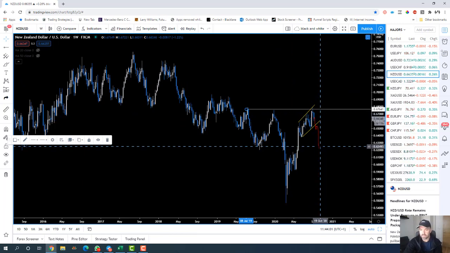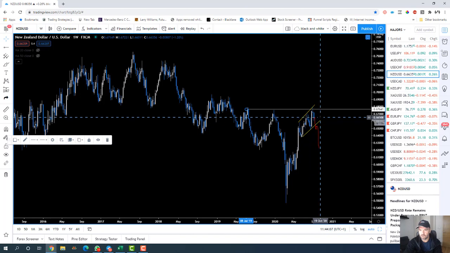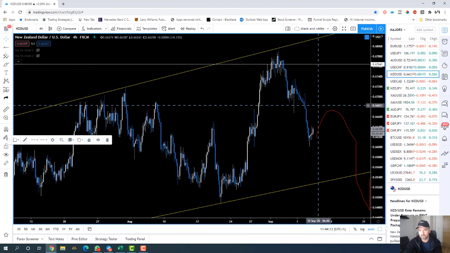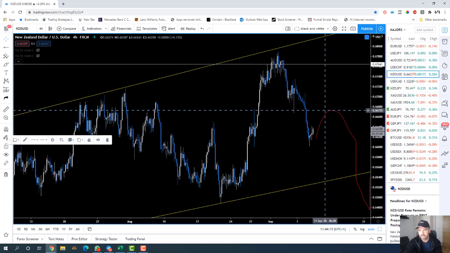And then obviously the next call will be dependent on what the markets are doing. This is why it's really important to understand correlations. So we are expecting further downside on Kiwi and Kiwi yen, but now it's a matter of, right, let's see if we can get our pullback into structure, and then we'll use our set of rules to trade with that.